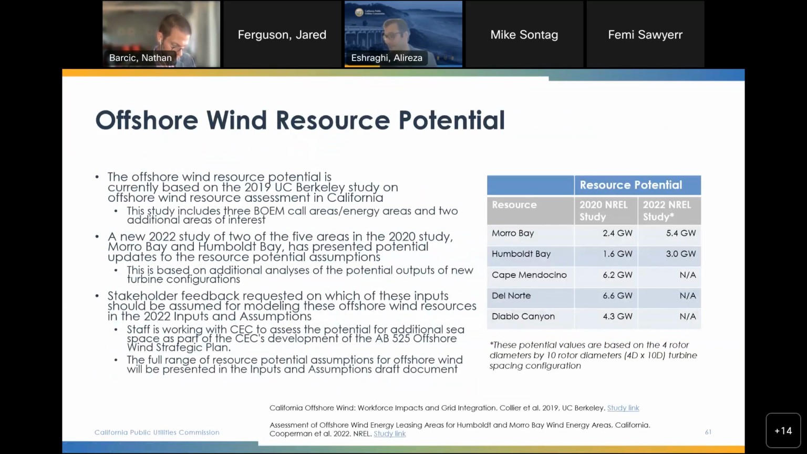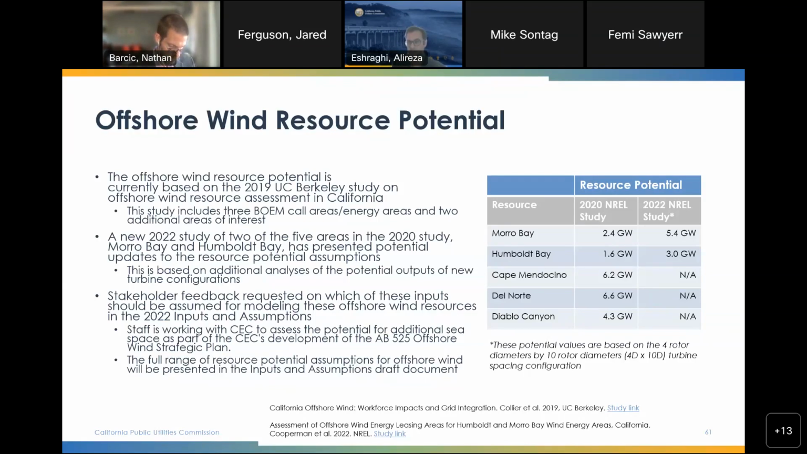Offshore wind resource potential has a slightly different consideration than the rest of land-based wind as well as solar. So far, we have used information that was initially based on the 2019 UC Berkeley study on offshore wind assessment in California. Most recently, NREL completed a study in spring of this year that considered an expansion of the potential resource potential within 2 of the call areas that have been considered in California's offshore wind study. As a result, there is a potential for expanding the resource availability from what was originally assumed in the 2019 UC Berkeley study under newer considerations of turbine configuration and arrays